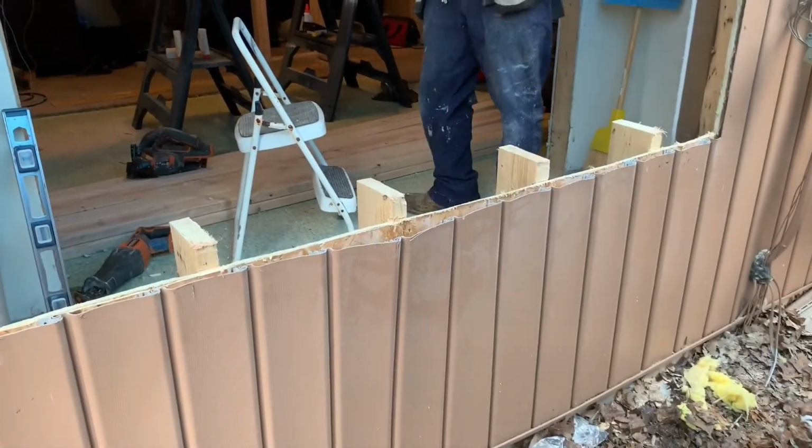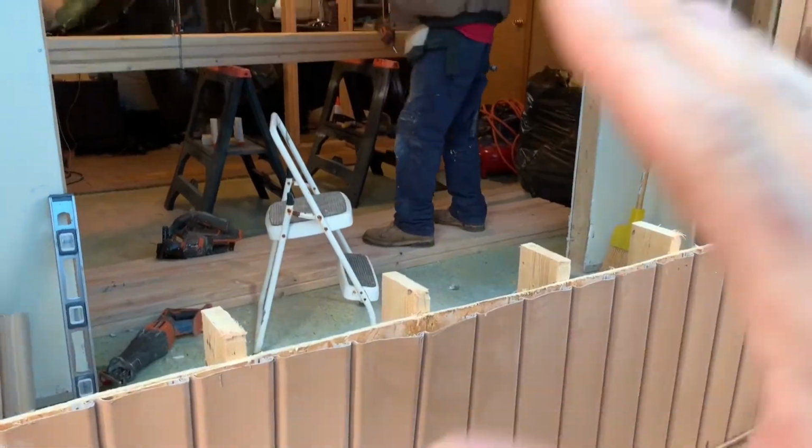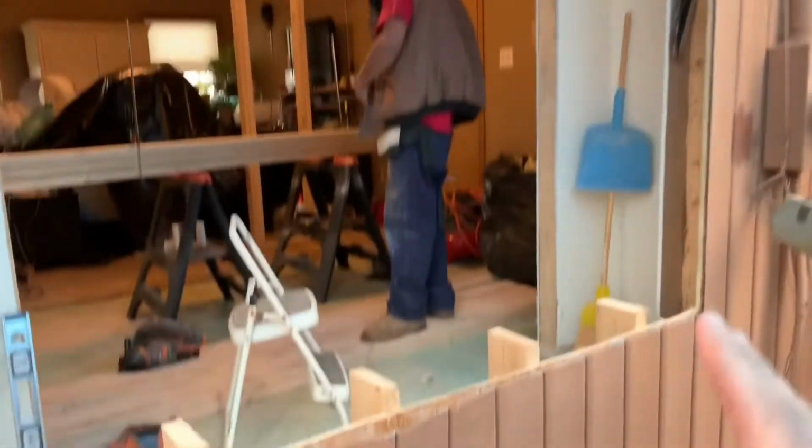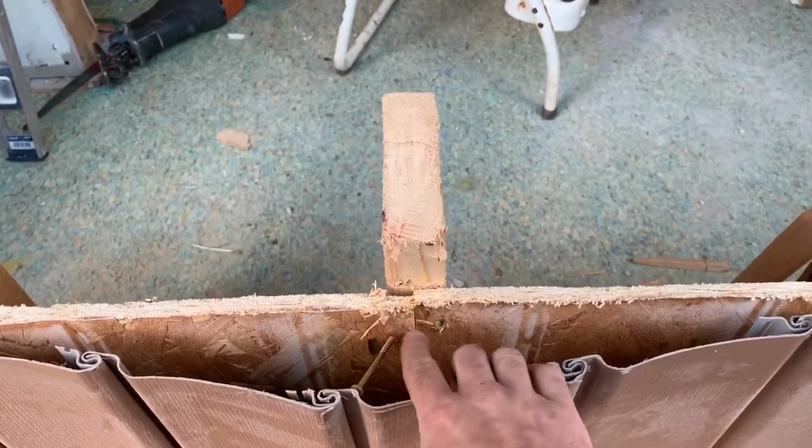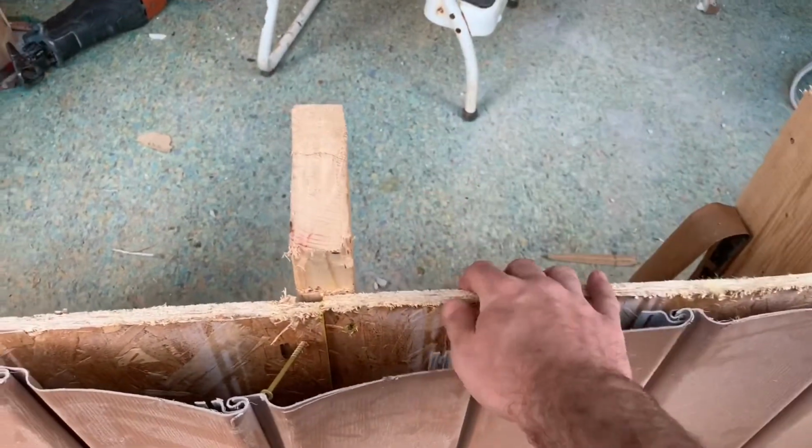All right, guys, super important detail. Now that you have your hole open and you have your boards cut, make sure that you put a screw in through your plywood into your studs. That way it's secure. Your studs aren't going to wobble around, and your plywood's not going to try to pull